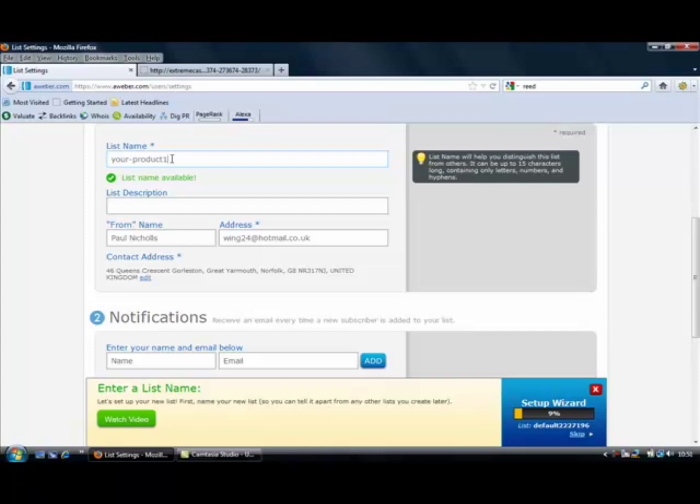But usually if it's got no number at all, or if it's got a number 1, then I usually keep those for prospects. This is how I organise my list, and it's quite a simple way, quite an easy way to do it. So we're going to save this as your product number 1,